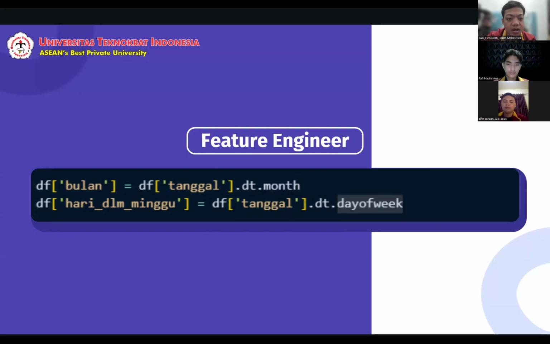Additionally, categorical data such as payment type is converted to a numerical format through one-hot encoding so that it can be processed by the algorithm.